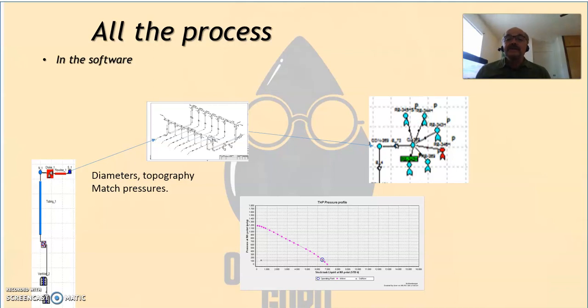Depending on what you have, you design and you see the pressure drops across the whole system, and you make sure you get what you have to get with the fluids with good pressure, as low as possible,